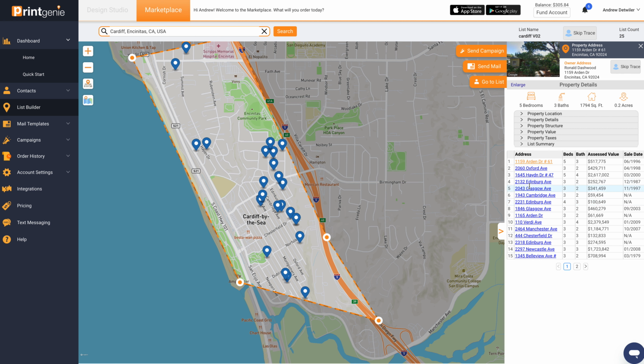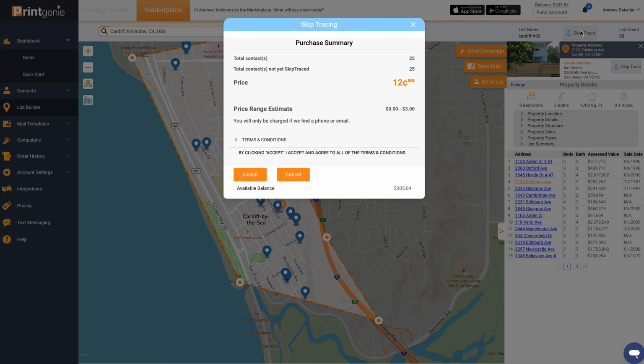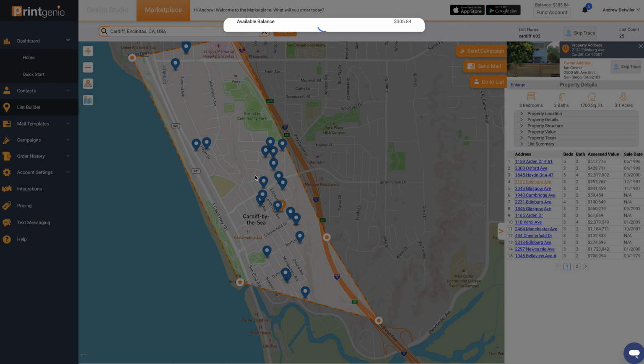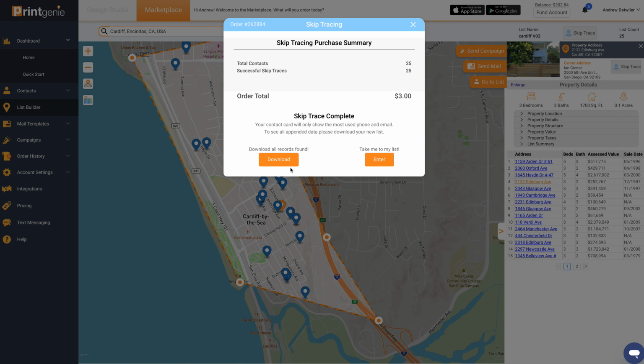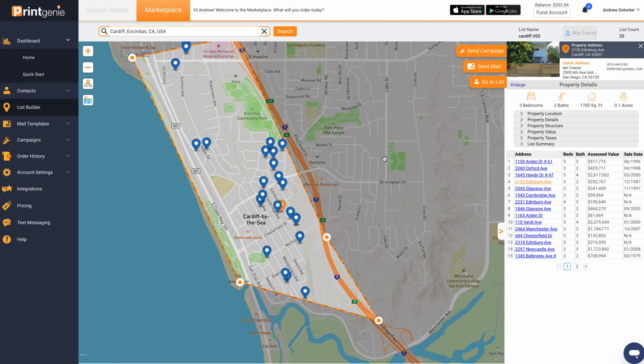So what's really powerful, since we are a multi-channel platform, right? I'm going to skip trace as well. It's going to find all the relatives, all the homeowners of each and every property. And it cost me $3, right? I'll download these things and check them out later, or just go to my list right now. So at this point, I've just found 20 properties in an area that I wanted,